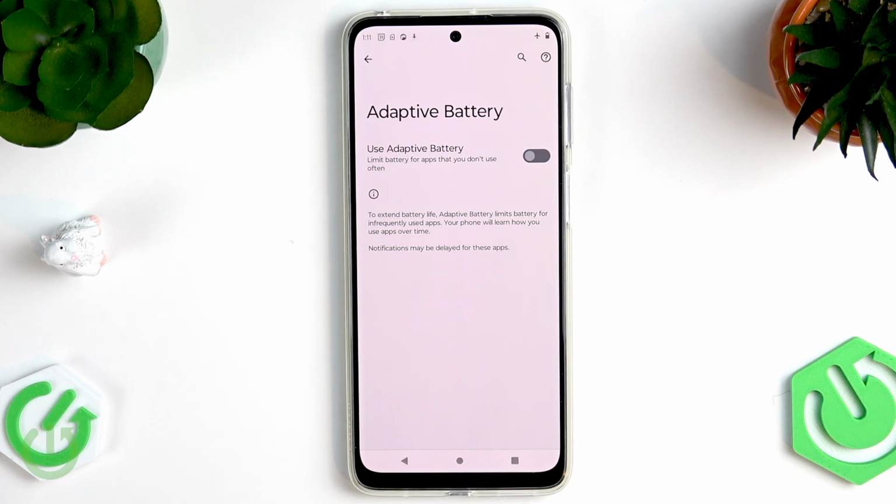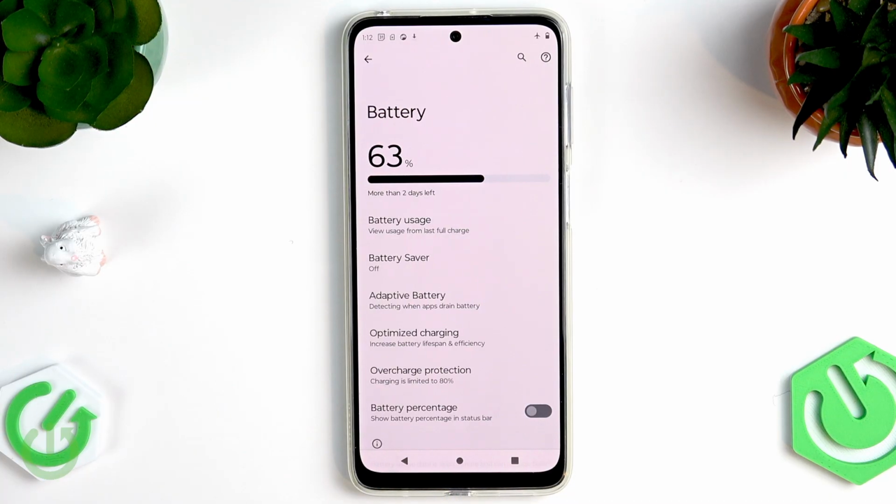Of course, this adaptive battery feature uses your notifications. It uses your application habits, but it can bug every single piece of software. Apart from that, I do recommend to make sure that you have all permissions for the app